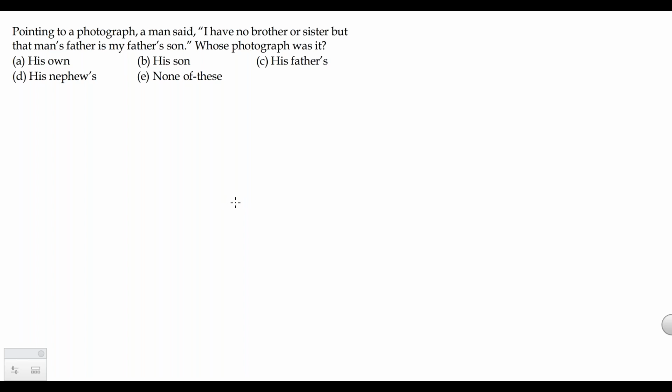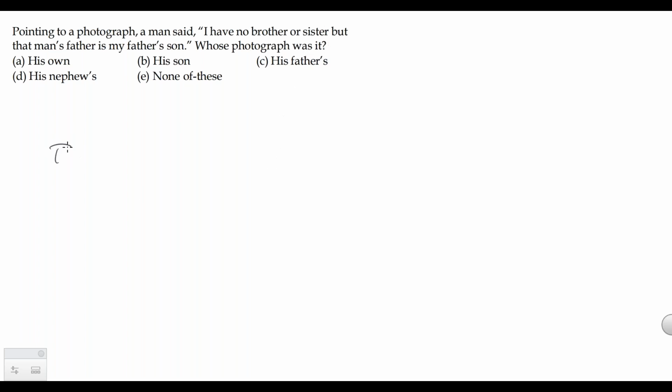See, what is my statement? What is that man saying? Pointing to a photograph, the man is saying that I have no brother or sister. Means I am the only son of my parents, or I am the only child of my parents, right? I have no brother or sister, but